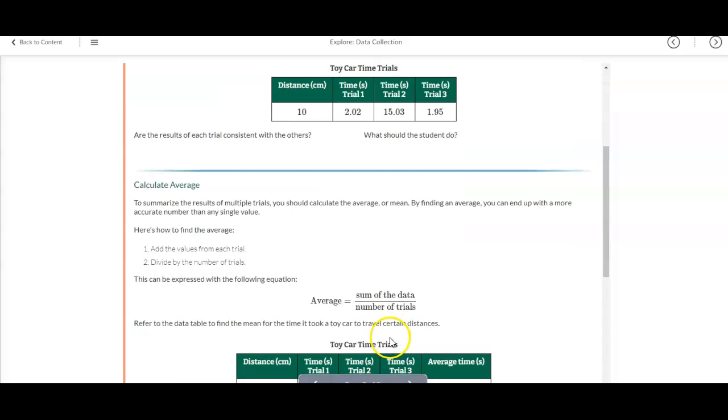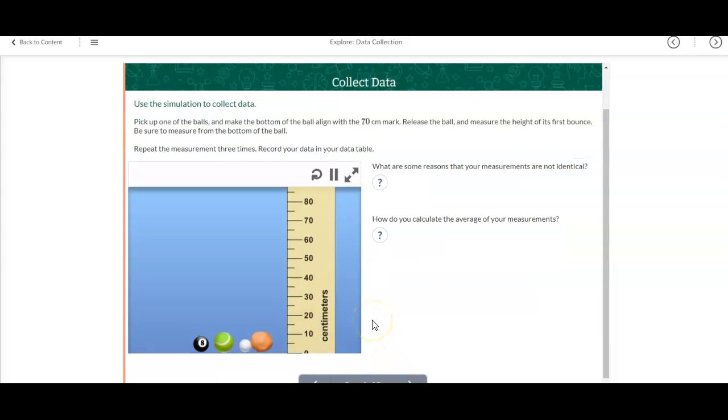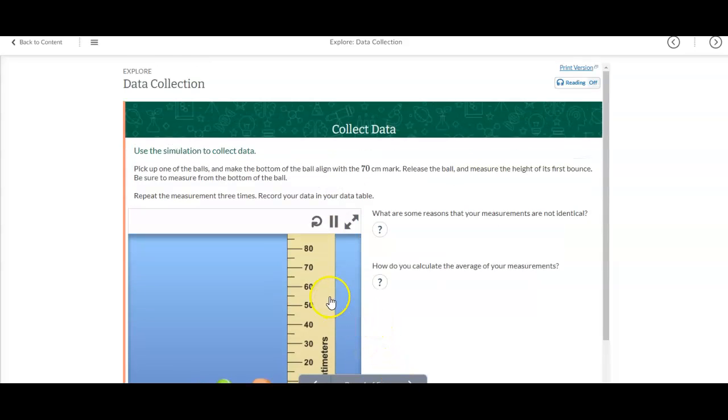Again, I'm going to make sure that we got everything. Okay, scrolling down. All right, so now here is that simulation. You're looking at collecting the data here. So you pick up one of the balls and make sure that the bottom of the ball aligns with the